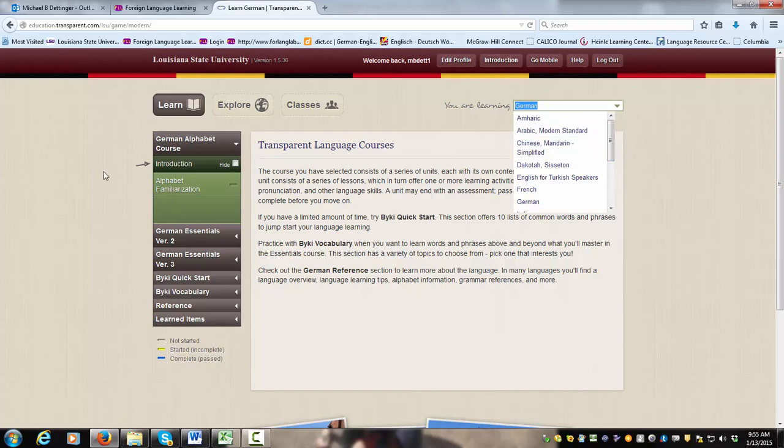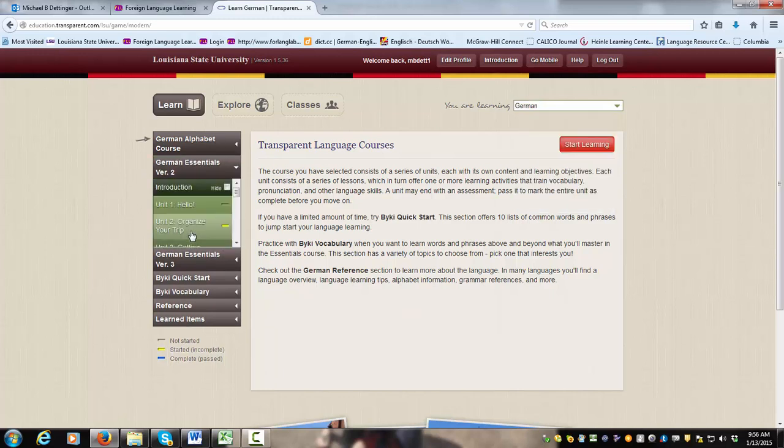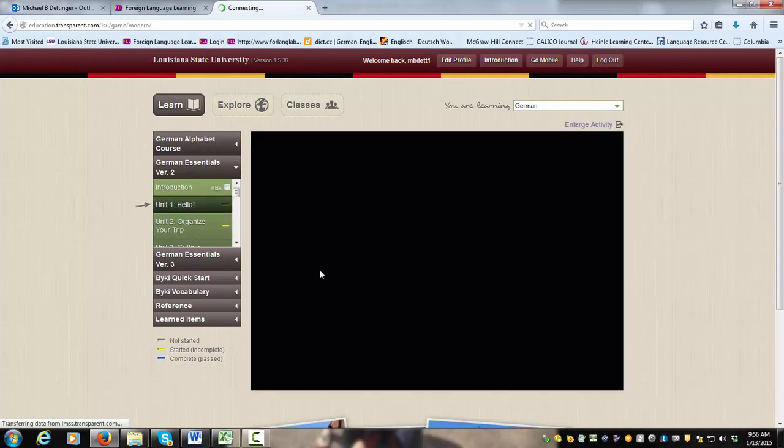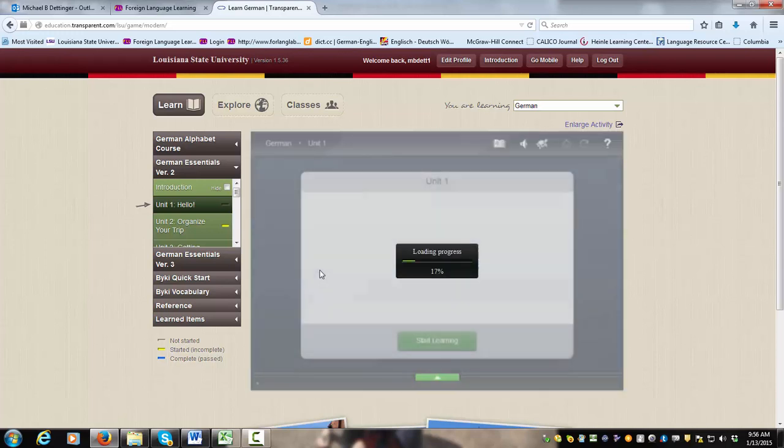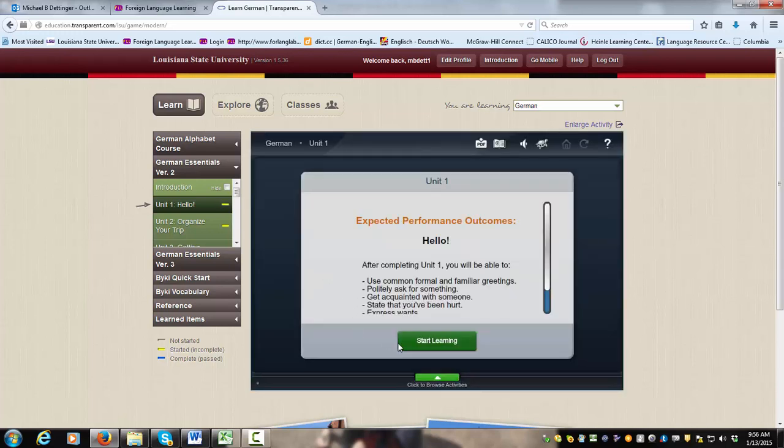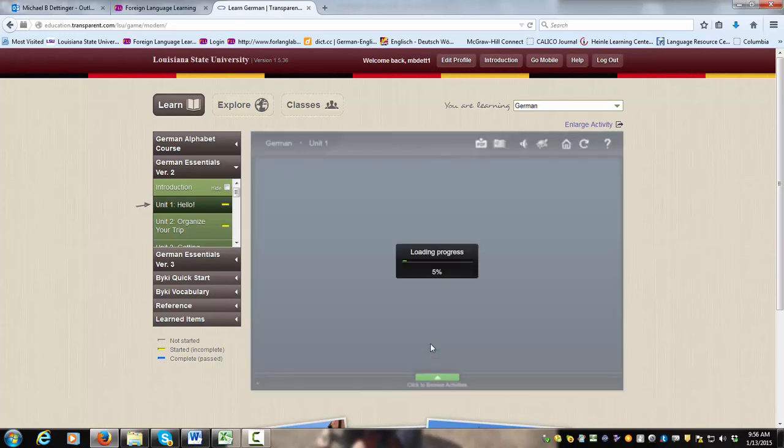And basically what happens is you have a menu over here of different drill and practice, and it shows images and sounds, and you can run an assessment when you're finished with the lesson. For example, let's do the German Essentials. Click on Unit 1 for hello. It'll take you to another menu, and it's almost like a flashcard type of activity through all of these. Okay, and it's just a way to enhance students' vocabulary. They're welcome to come to the lab and practice these. So I'll click on Start Learning there,